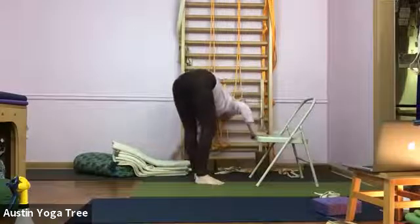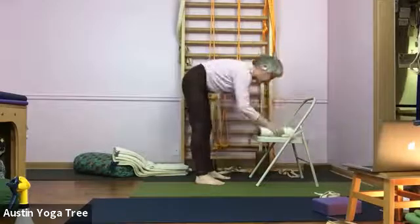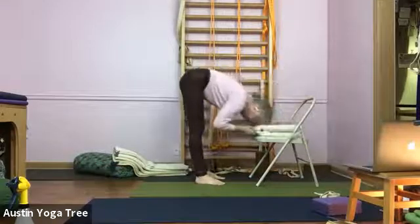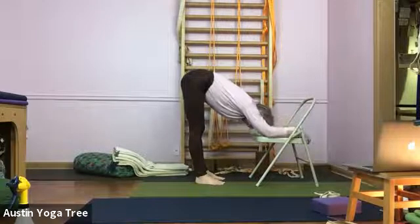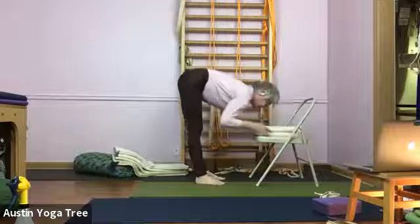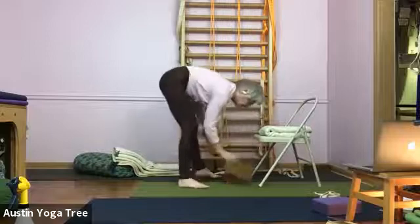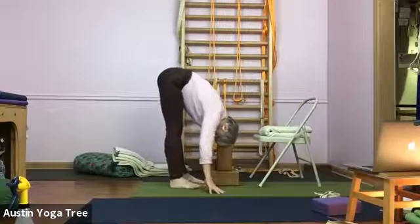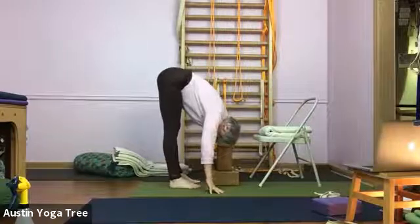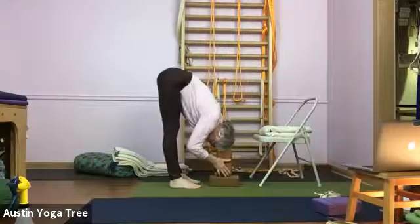Might also require some height on top of the chair seat. It just depends on your flexibility. Now, some are more flexible, and you might work with any combination of brick support